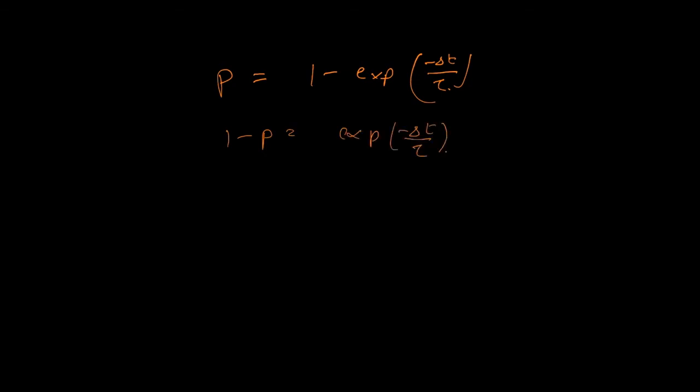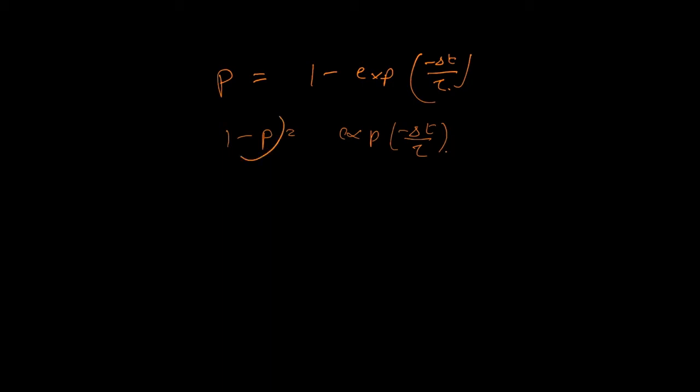Okay, so that was the first step, drawing the initial properties of the particle. So next step, we would calculate when the particle would scatter. If you remember, we had this equation, 1 minus exponential of minus delta t over tau, the probability. So we could just rearrange: 1 minus p equal to exponential of minus delta t over tau.